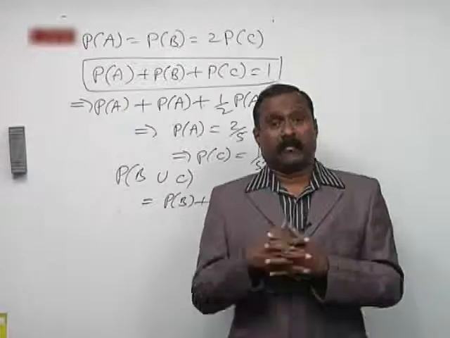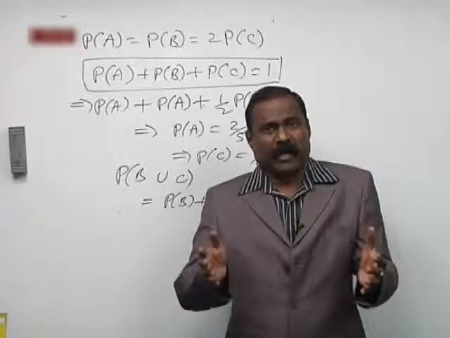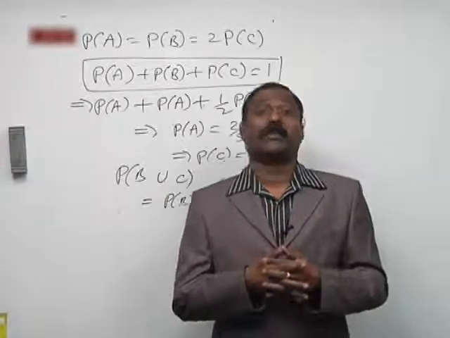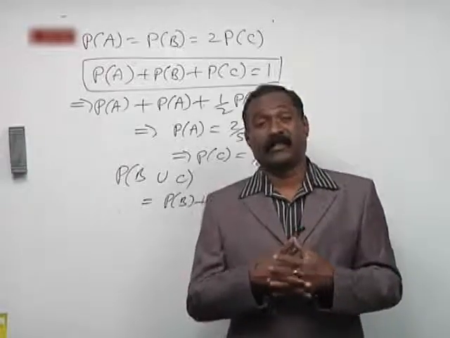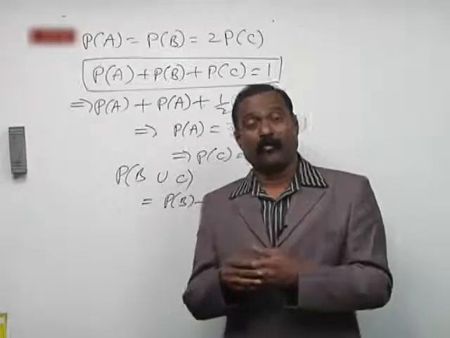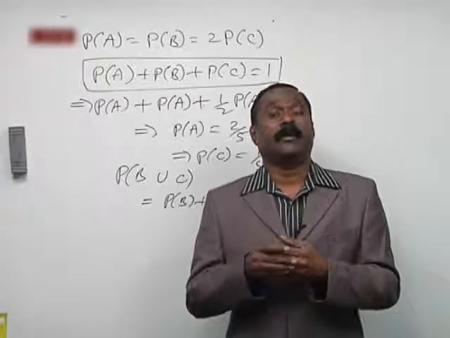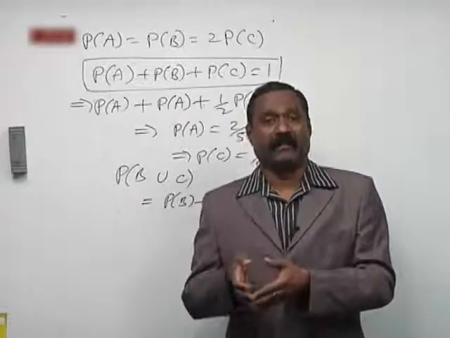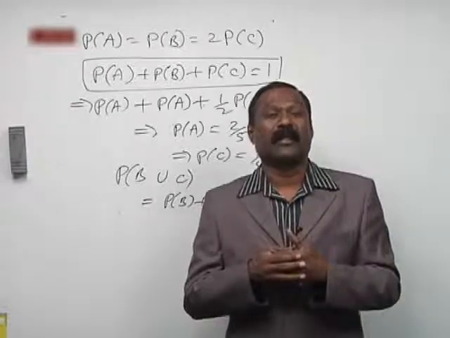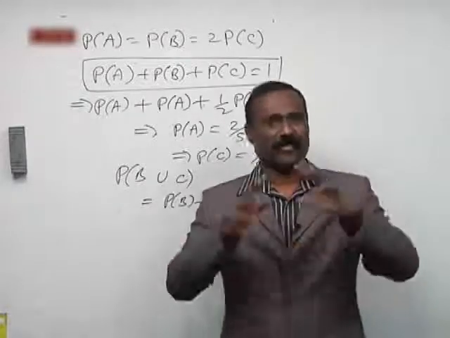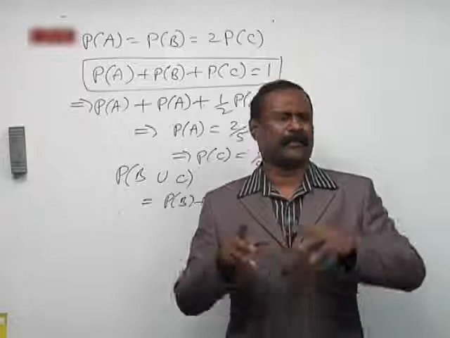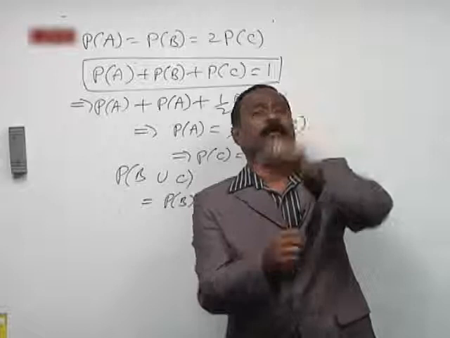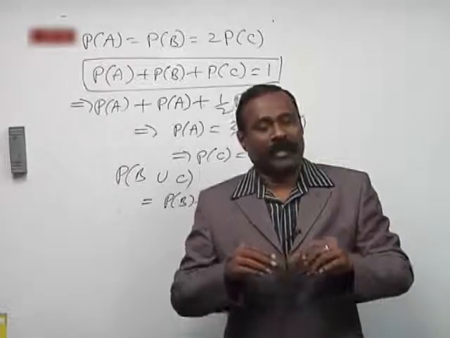But its data is missing on where the bike you have taken has come from. It doesn't have that data. Then it is interested to know, being suspicious about plant Q, what is the probability of getting the bike from plant Q? In such a case, we make use of Bayes' theorem. The problems are very interesting and also very simple. Even though the problems look very big, solving is very easy for you.